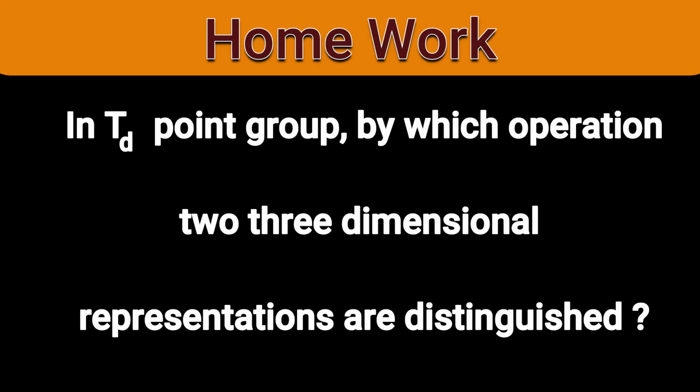Question for homework. In the tetrahedral point group, two three-dimensional representations are there. So it's natural that I have to use the term capital T. But in order to distinguish those two capital T's, I am taking help of one operation. Which operation can distinguish these two three-dimensional representations? Write just the name of that operation by which I am distinguishing T. For one I am saying T1 and for the other I am saying T2. I hope you got the question. I want the operation by which we are distinguishing three-dimensional representations in the tetrahedral point group. I am waiting for your answer.